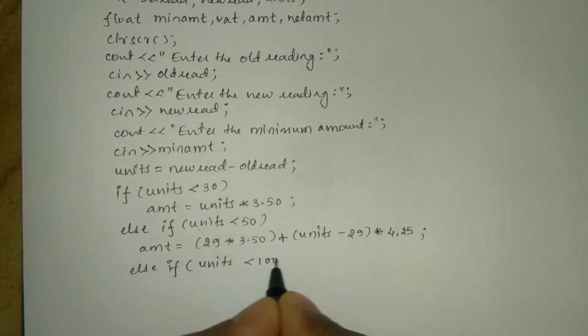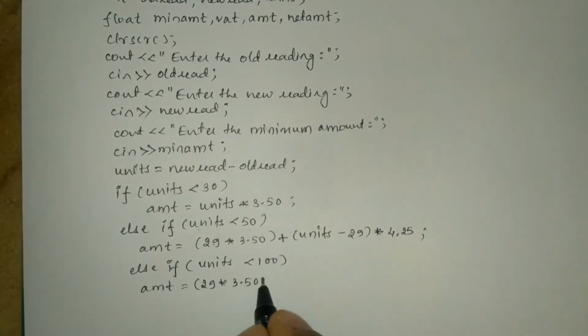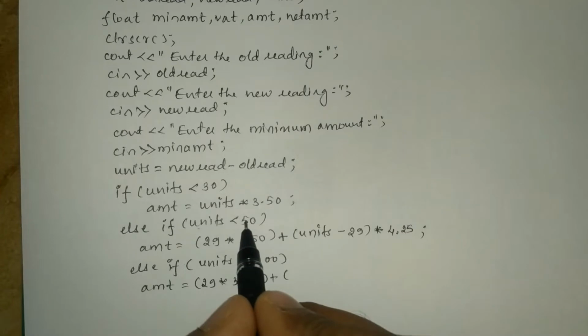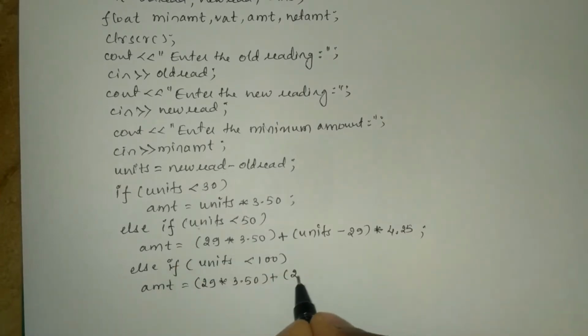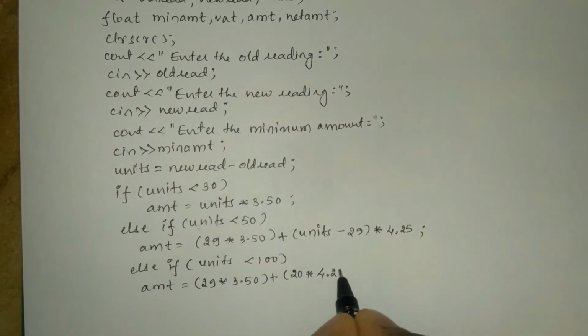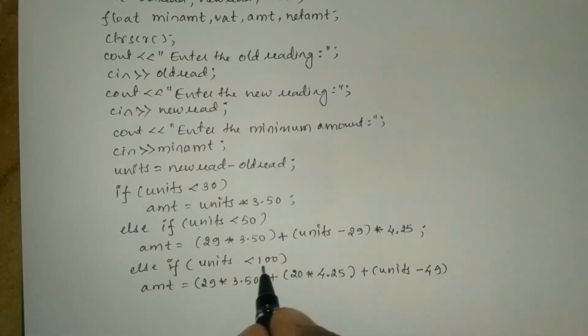is less than 100, then we have to calculate amount is equal to first 29 units must be charged with value 3.5. Next plus I'm going to write the next 20 units, as I told you earlier, 50 minus 30, that is next 20 units must be charged with the value 4.25, correct? Next plus I'll write units minus 49. Why 49? Because already